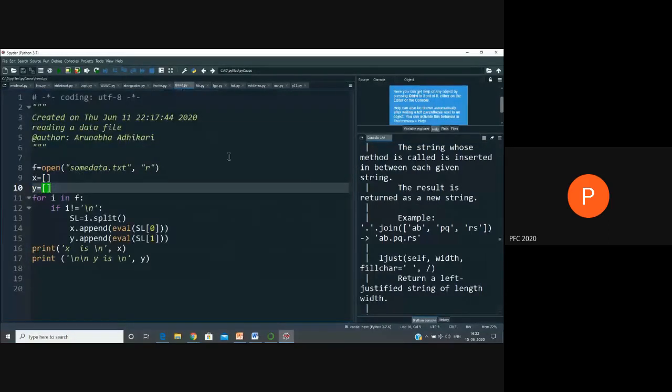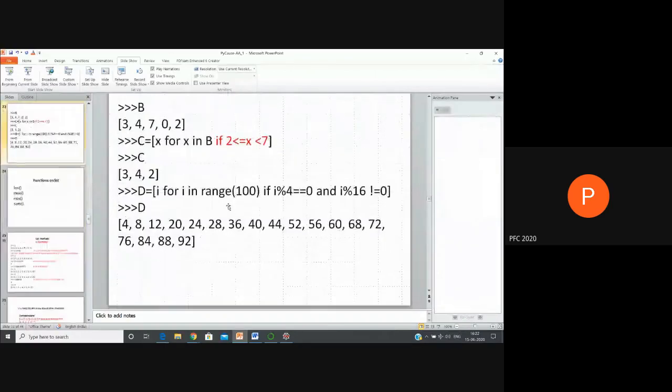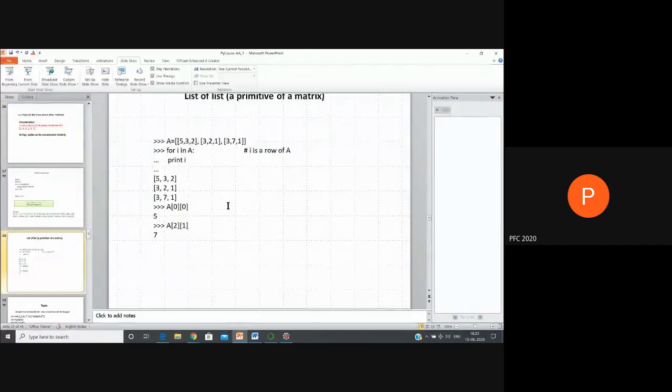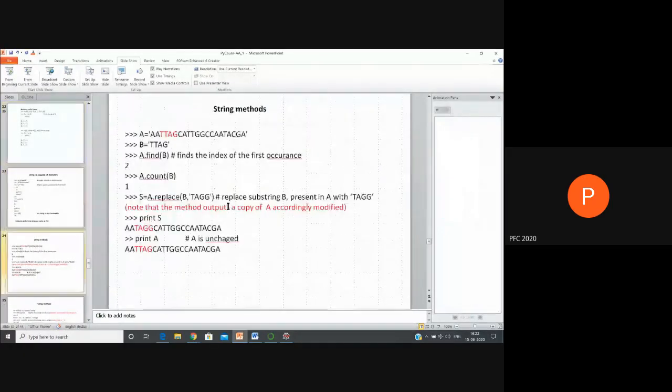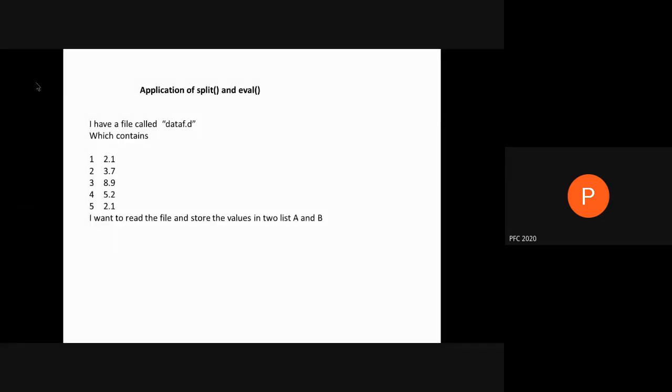This is one. The problem, I can tell you what the problem is. Tuple I missed. I have to discuss tuple. Say my problem is that I have a data file, and in the data file there are some